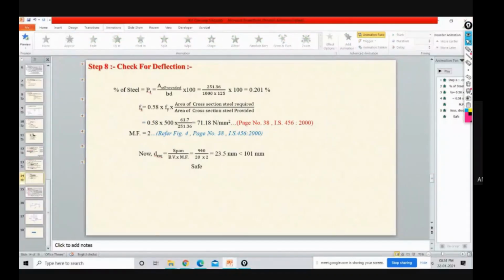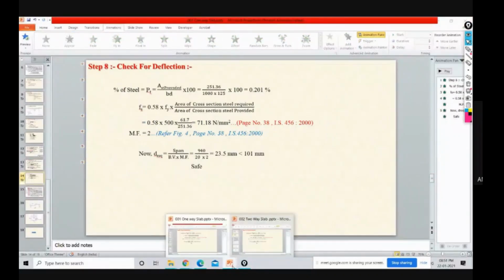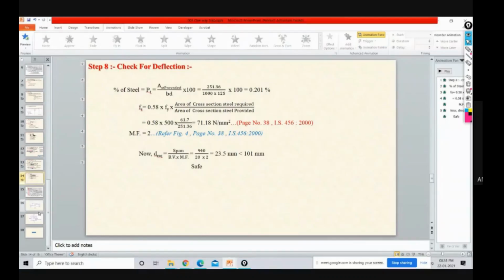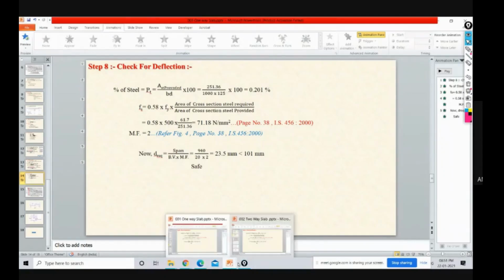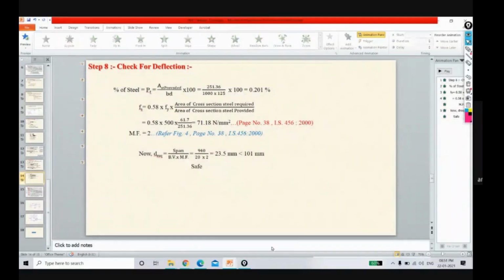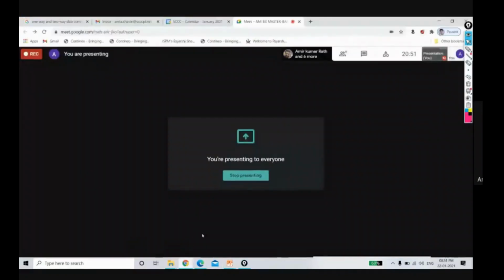So now it's 8:51. Okay, two-way slab and beam we will discuss tomorrow, or if you are interested then I can continue, no problem. नहीं सर, कल ही कराइएगा अब।